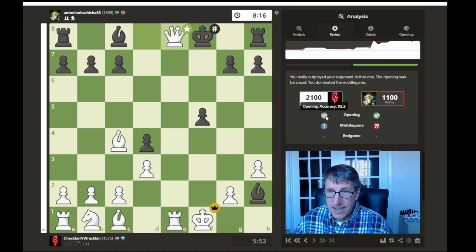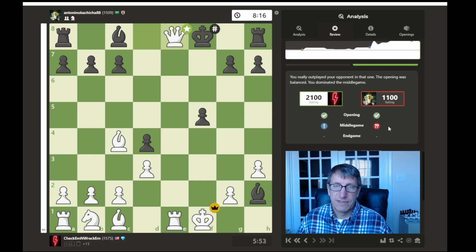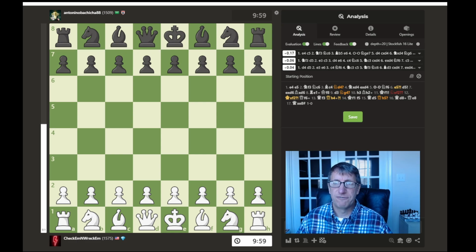All right. Opening accuracy 92.2 versus their 88.7. And then the middle game is where they really had trouble. So we played at 90.5 in the middle game, and they played at 39. Ooh. Yeah, so they were so worried about attacking that they neglected their defense, and that's what got them. All right, so we'll go back and take a look at this short game in the analysis. How many moves was this game? So mate in 17 moves. All right, well, it was an